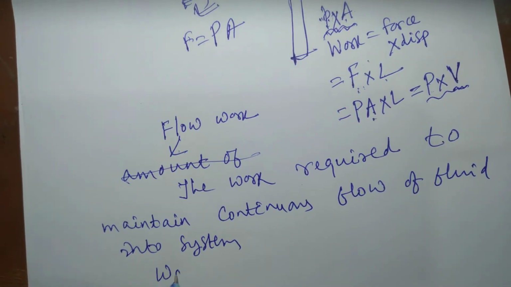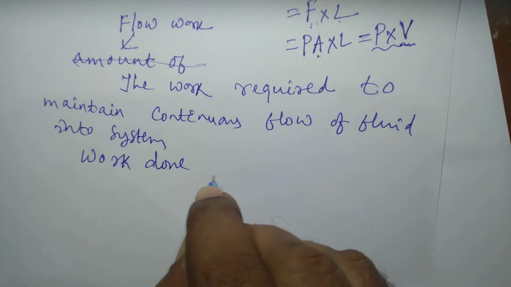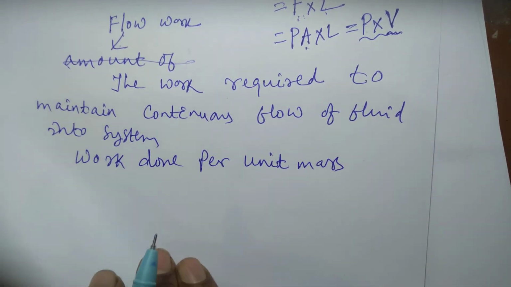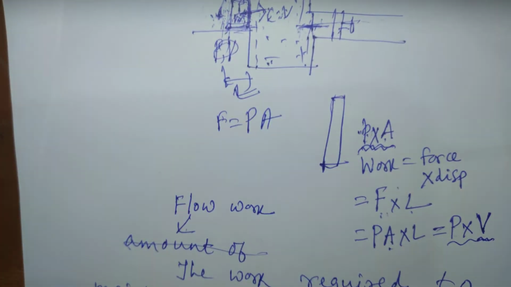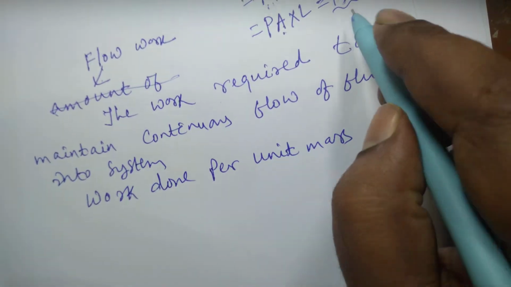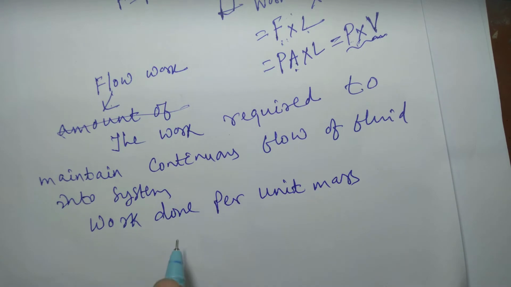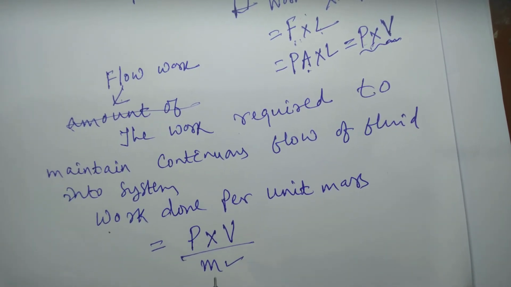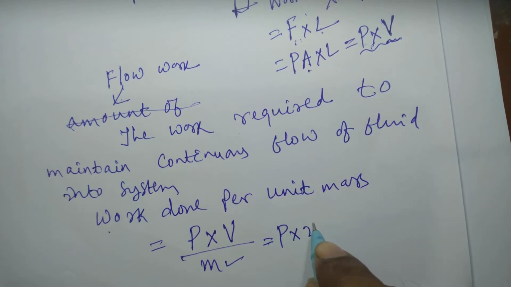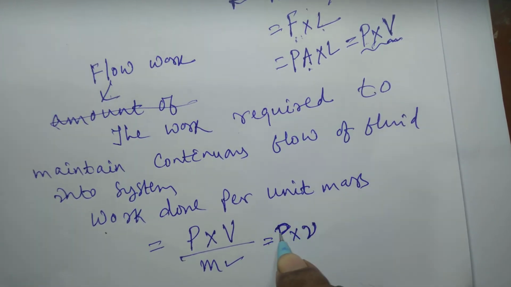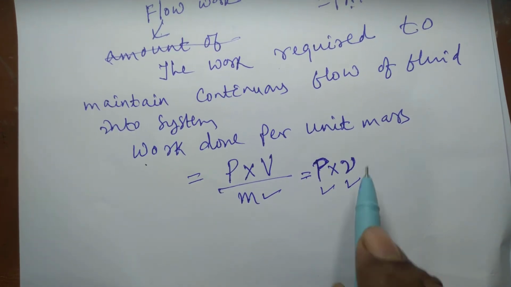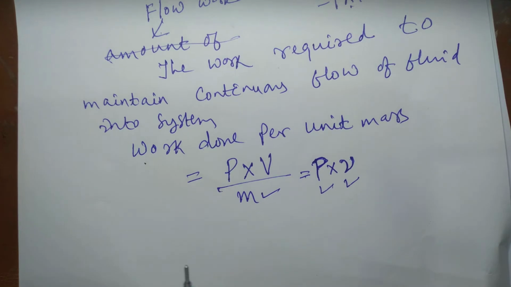But if you calculate work done per unit mass, suppose this fluid element has mass m, that means this is the total work done on that element of mass m. But if you are to calculate work done per unit mass, that will be P multiplied by V divided by m, where m is the mass of that fluid element. This will become P into specific volume of the fluid. Pressure is a property of fluid, and specific volume is also a property of fluid, and this work done per unit mass, which is needed to maintain the continuous flow of the fluid into the control volume, is called